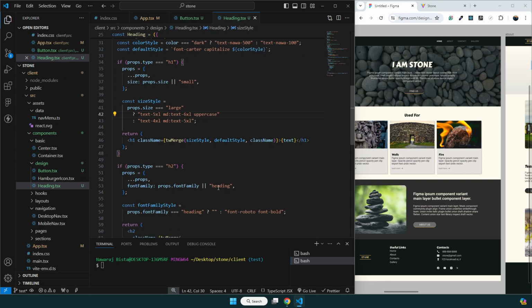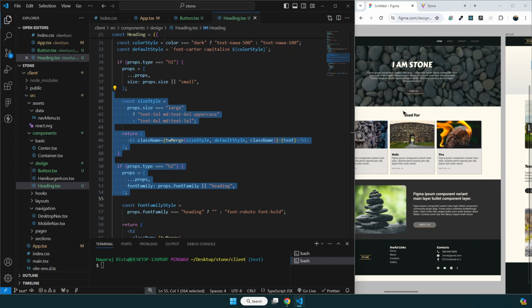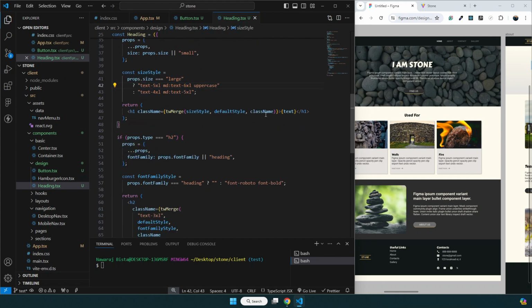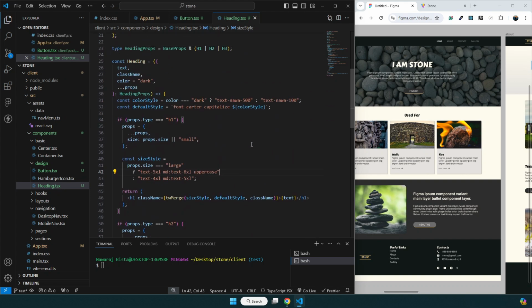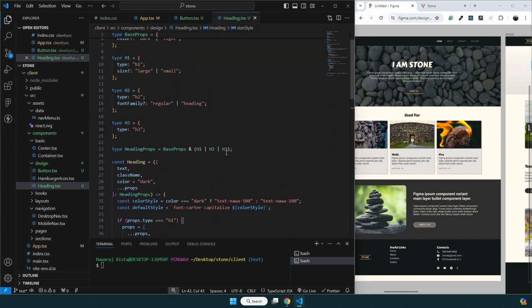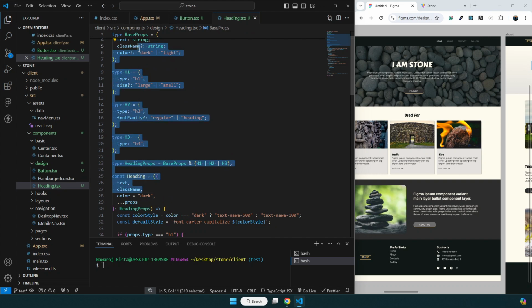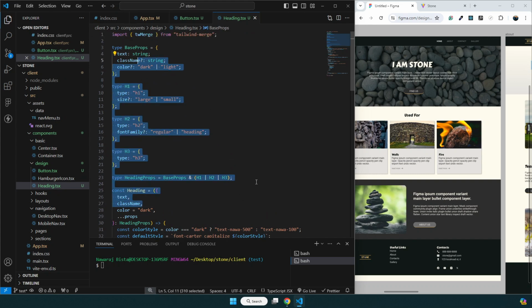So any changes you want to make, you can make in the one component, and then it will be applied to all of the places where you use that component, right? So that is the power of a reusable component, and that's the power of React. And we learned lots of things about TypeScript in this video, creating this component. It was lots of fun, but we are done for